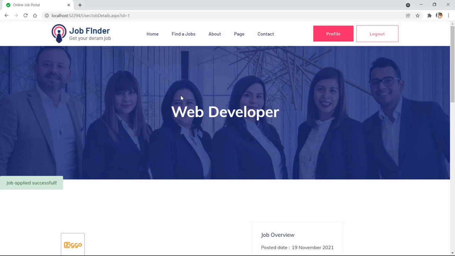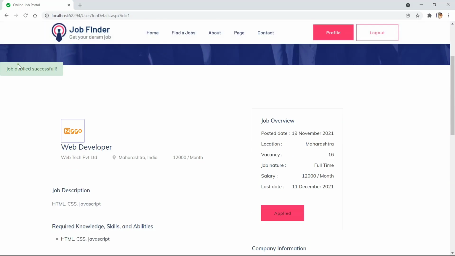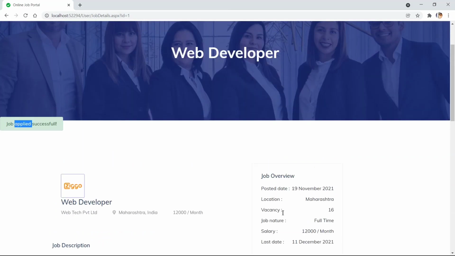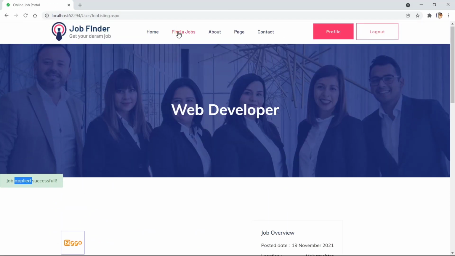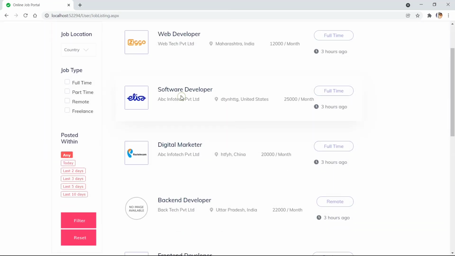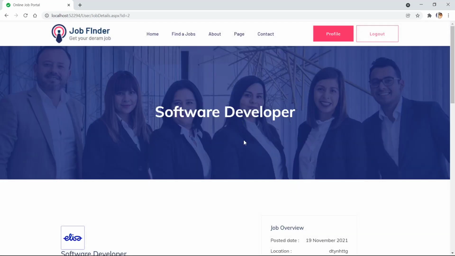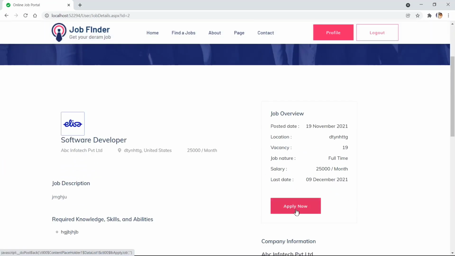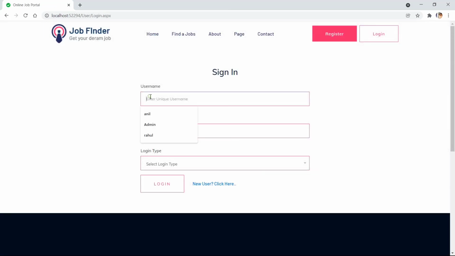Continue. So the job has been applied successfully, and here the button text also changed to applied, so you can't apply for this job again. Now if we click on the second one or any job, we can find the option for applying. Okay, let's log out and check again for the first user.